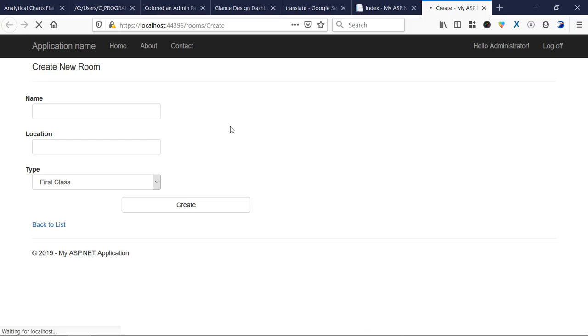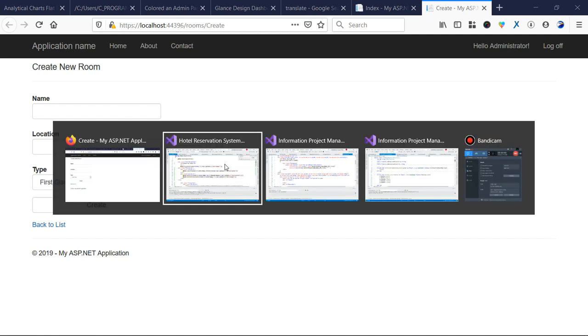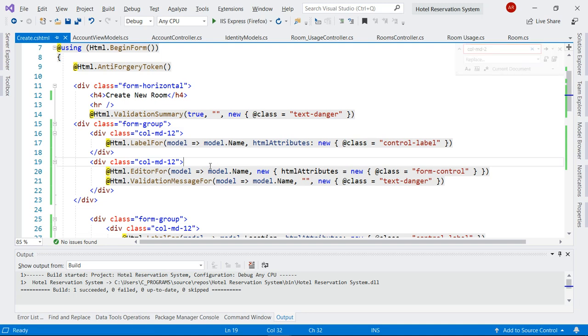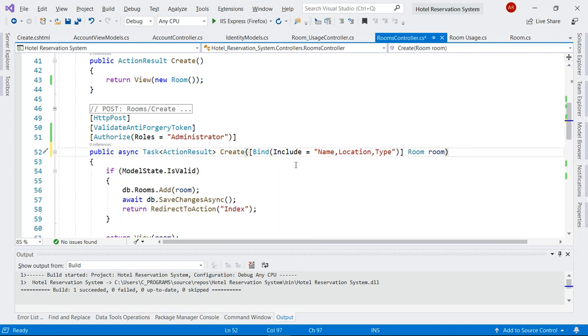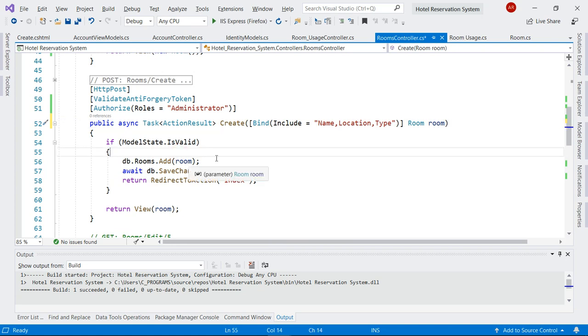Now let's check back and see what happens. Okay, so right now we have a better design. The next thing we need to do is get back to our controller class and do some stuff here. Control N, Control G. Then go to the Create that accepts this, and remember that we have removed this. And we don't have this also. So now we have this, and all we need to do now is, before we add it to the room,